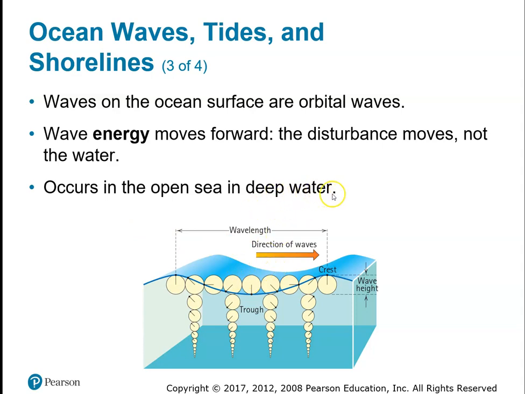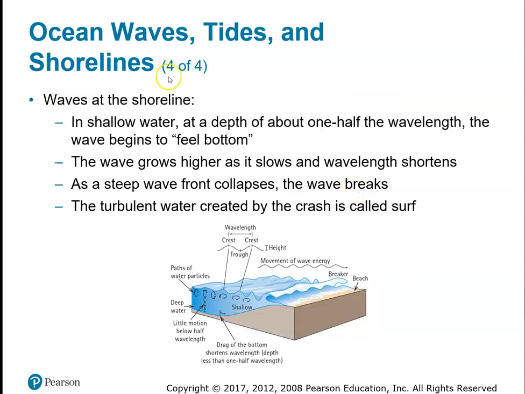Now what happens when a wave approaches the shore? All right, so waves at the shoreline in shallow water, when the depth gets to be about half a wavelength. That's a very important number, right? When that happens, what happens is